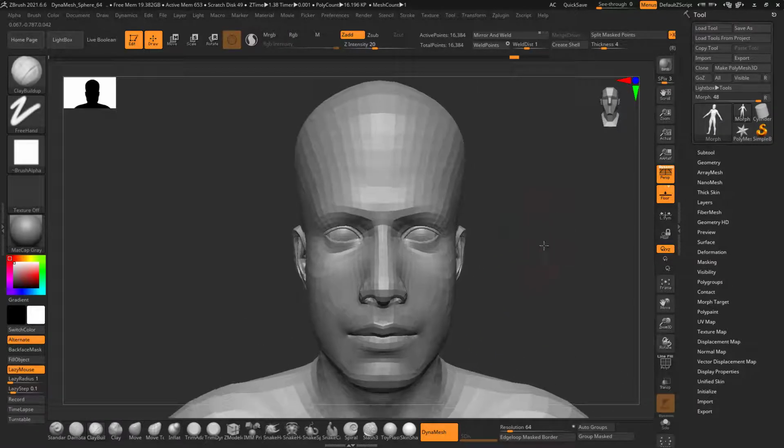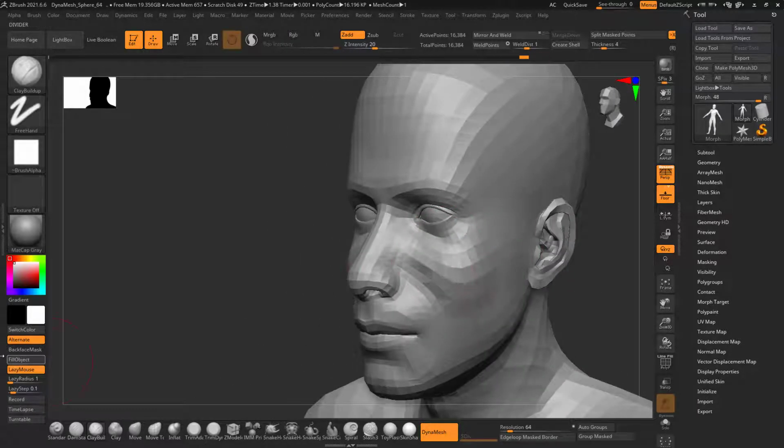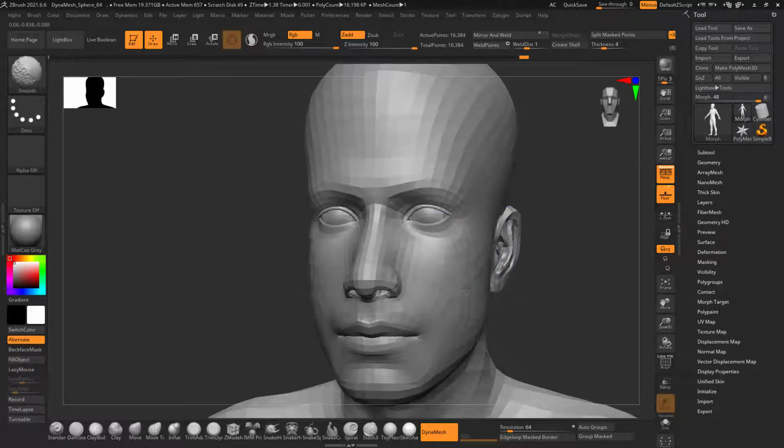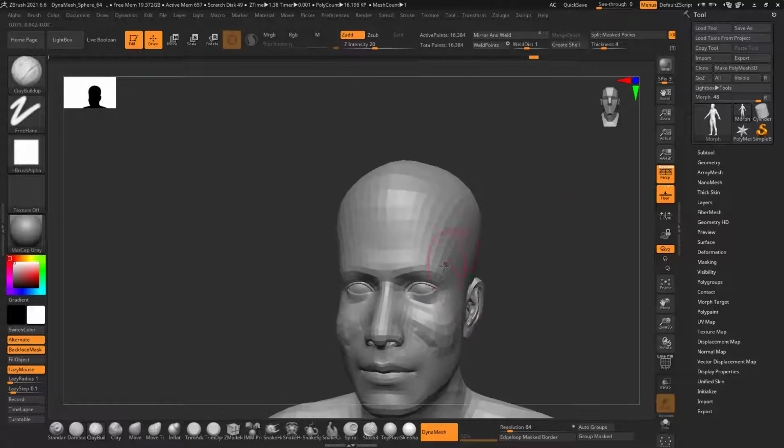I'll undo a bit and add some more details. I will turn the backface mask on so that I do not deform any geometry that I have no intention for.